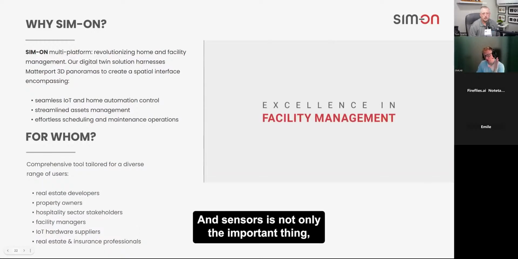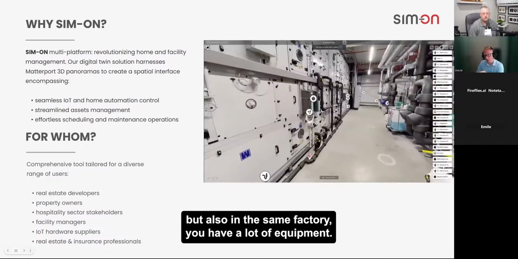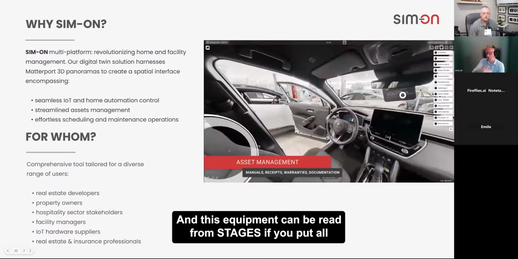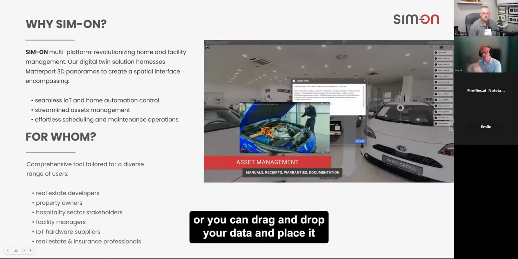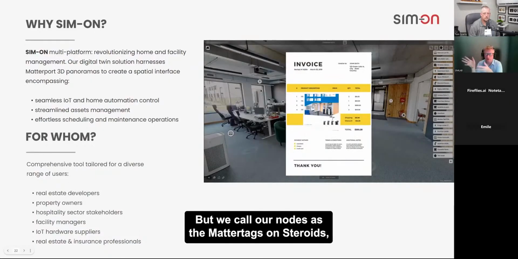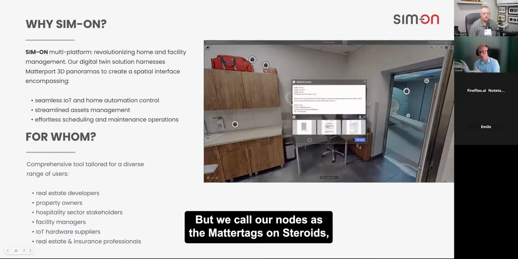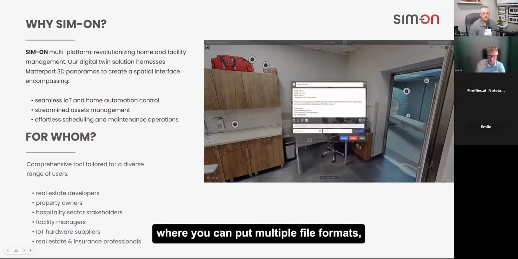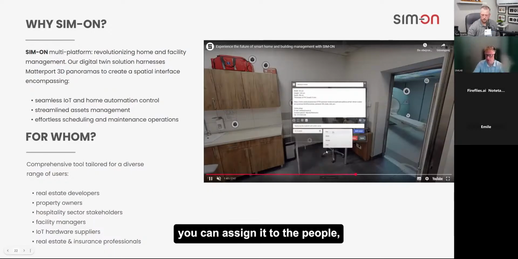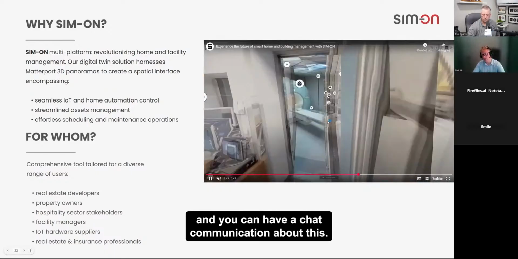And sensors are not the only important thing; in the same factory, you have a lot of equipment. This equipment can be read from the site if you put all of the information there, or you can drag and drop your data and place it into that kind of tagging system of Matterport, but we call our nodes Matter tags on steroids, where you can put multiple file formats, calendar events, videos, you can assign it to people, and you can have a chat communication about this.